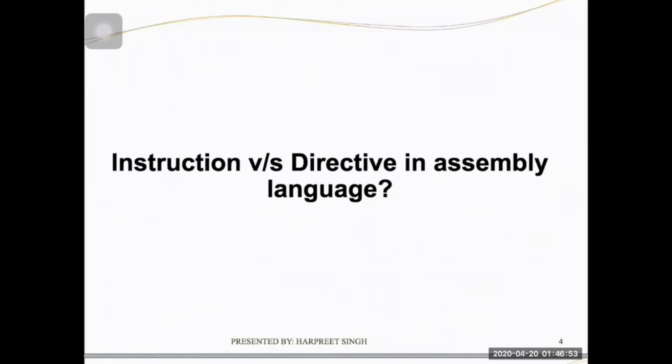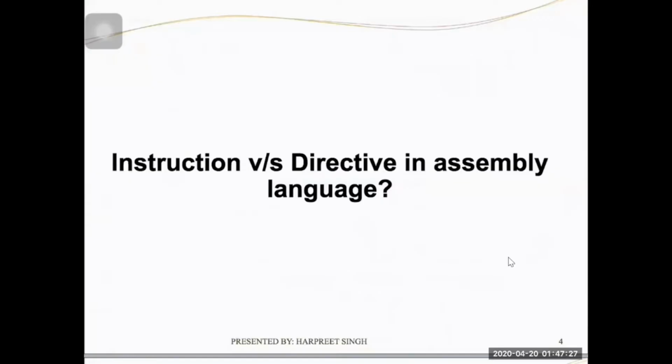We can also take the example of COVID-19, the hot topic of these days. Recently, the World Health Organization issued a directive for the world to prepare for an outbreak of COVID-19. So this will act as a directive. On the other hand, it also provides instructions on how locals can be better prepared for the outbreak and how to manage it. So these are the instructions issued by the WHO.